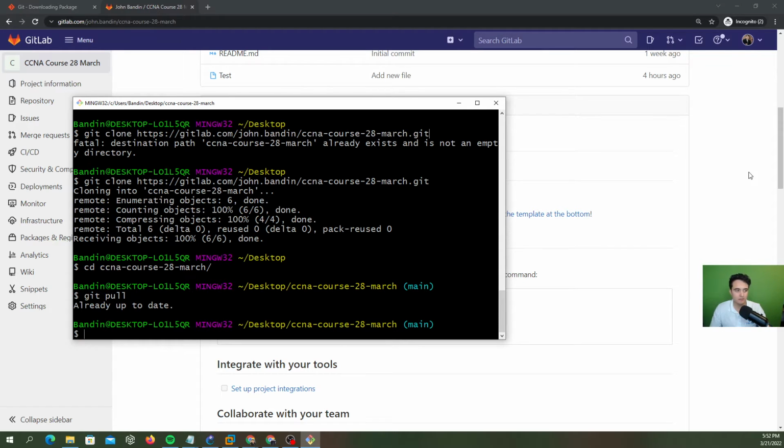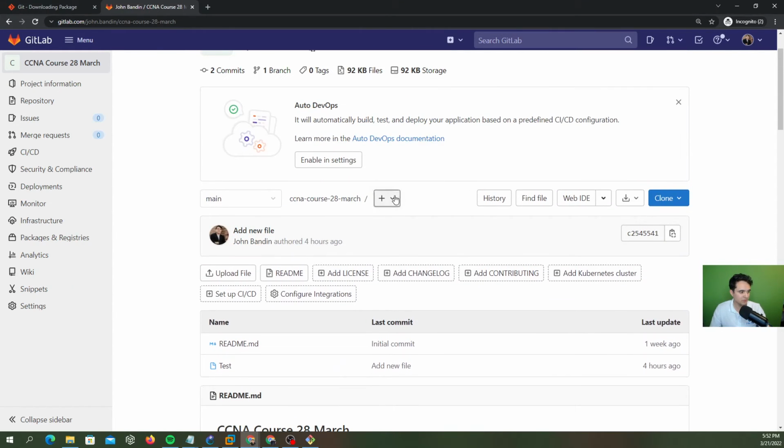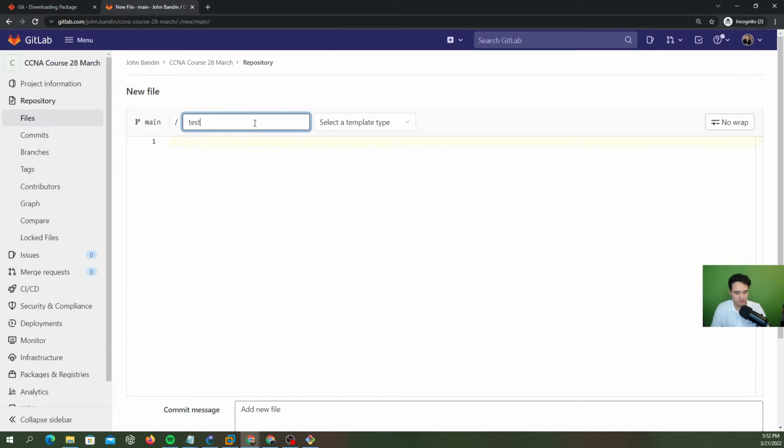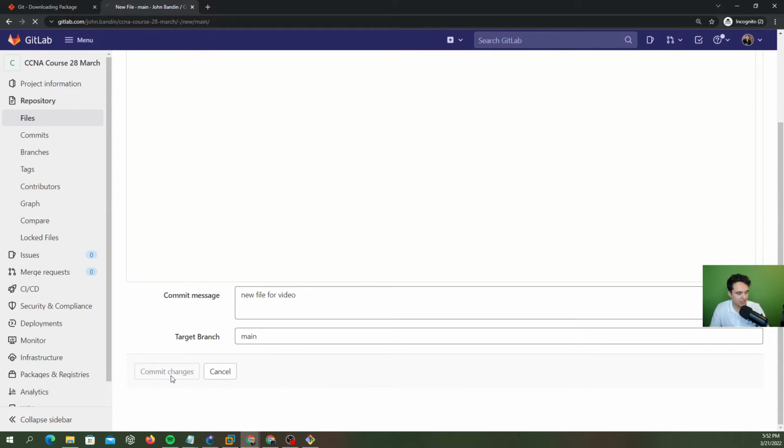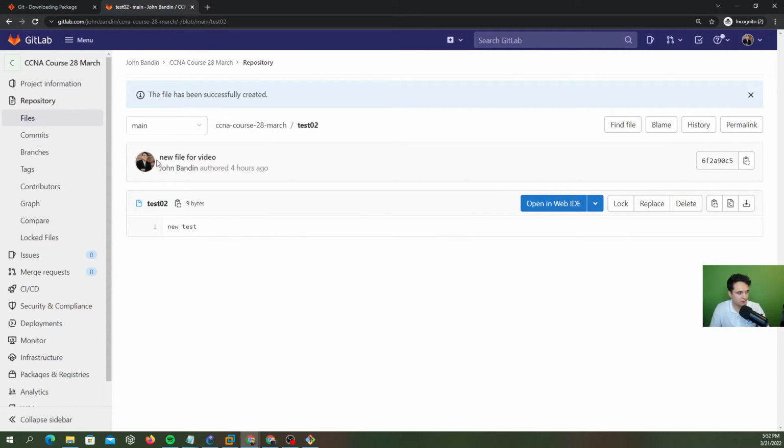So let's say I come here and quickly just make a new file. I'll make this test02, new test file. I add a commit message: new file for video. Scroll down, I'm going to commit that change. And now you see, if we go back to our actual repo,